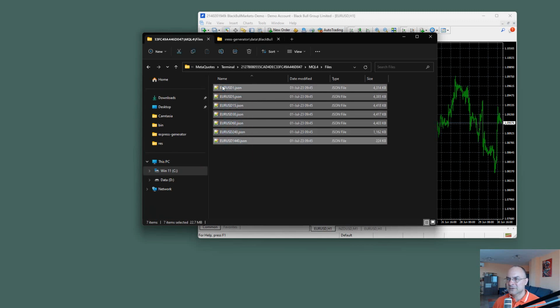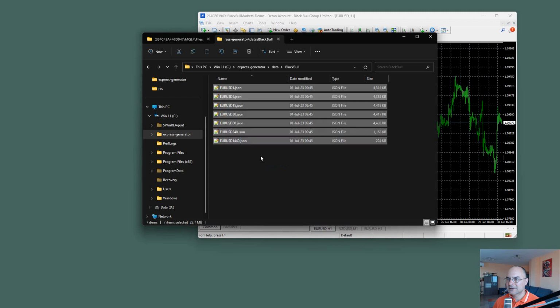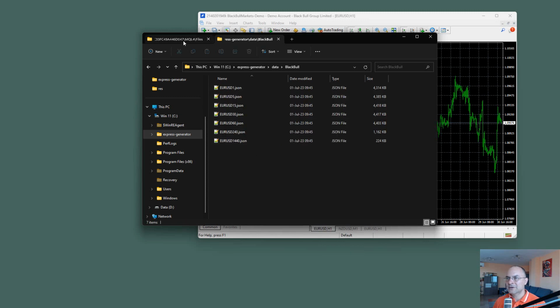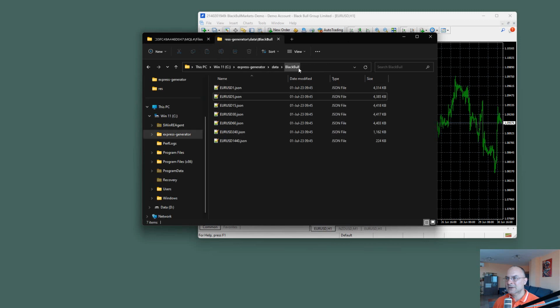I will take these files from here. Can I drag and drop from here? Oh, I can. Very good. Okay, I moved the files from the MQL4 Files folder to the Black Bull folder. Now I'll go to